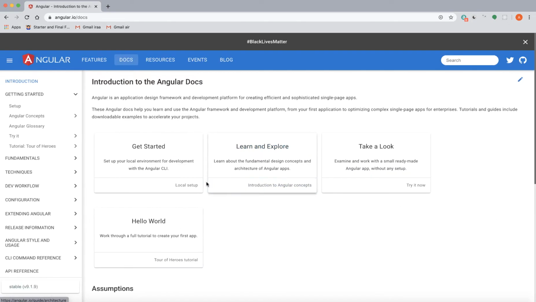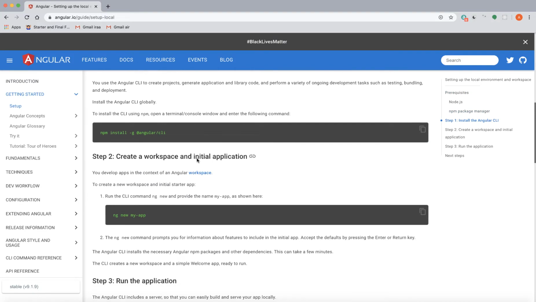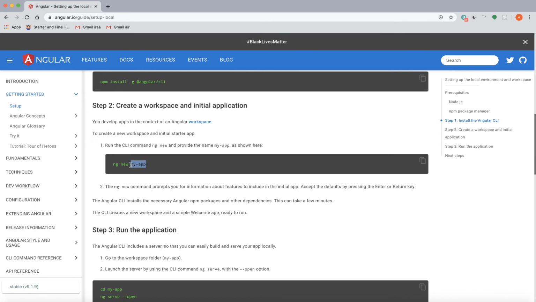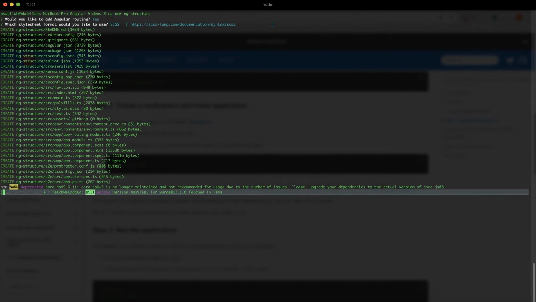I'm going to start from scratch. This is the getting started guide on the Angular website. You will have to install Angular if you don't have it, obviously, but I do have it installed, so I'm just going to start from a new app here. So ng new, let's call it, for example, ng-structure. I'm going to pause the video here. Actually, let's just get the routing done. I personally prefer SCSS, but feel free to use whichever you like. So I'm just going to go with SCSS, and then I'm going to pause the video and wait for it